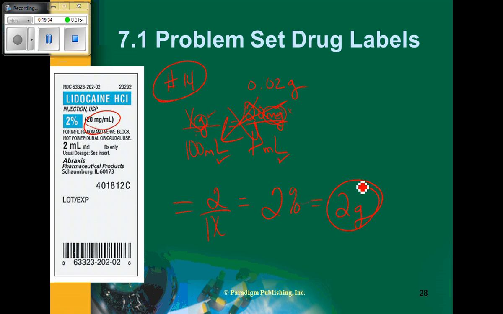Okay, now we'll veer off from the labels and go to page 183 and do number 15. Number 15 is on page 183. What you need to do is calculate the amount of drug in milligrams for the following dispensed containers. Number 15 is terconazole